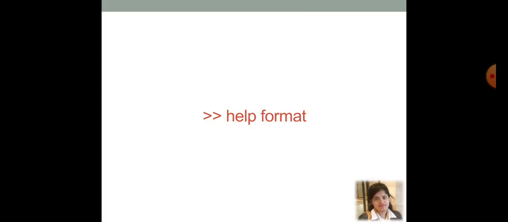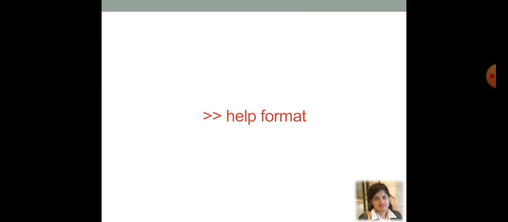Before doing that, let's talk about the different number formattings present in MATLAB. If you want to know the different formatting of numbers in MATLAB, you need to type help format in the command window.